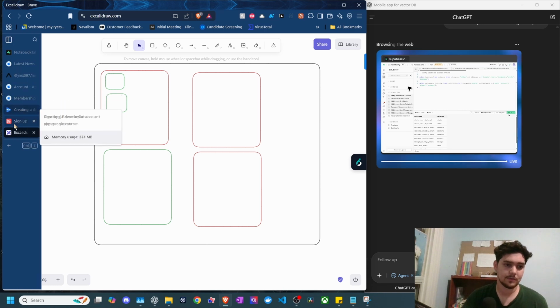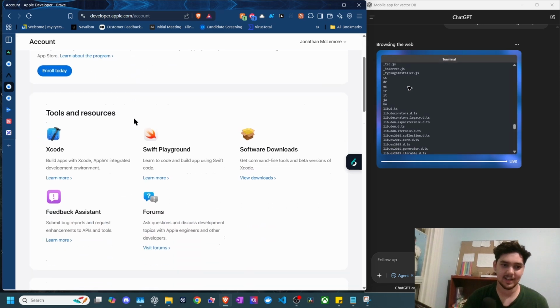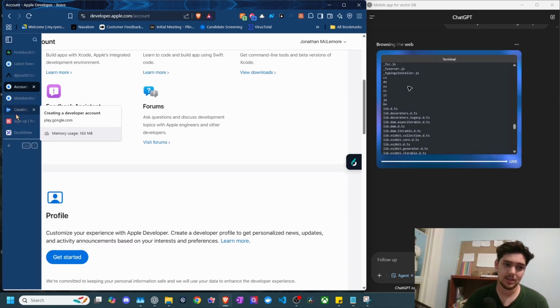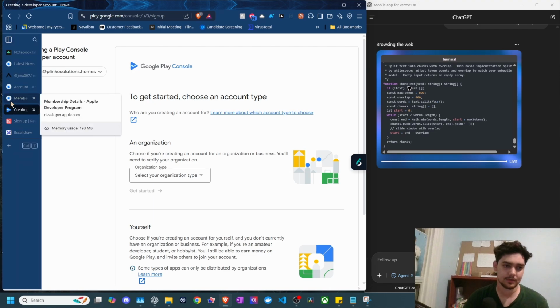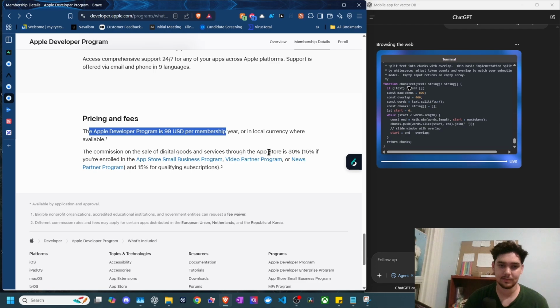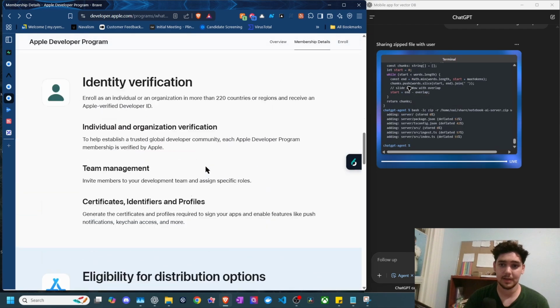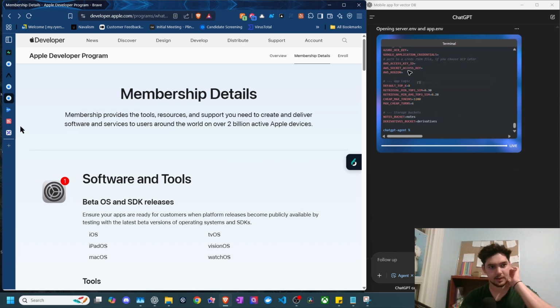As well, there's a few other tokens I'm taking into account. The business side of things. In order to make a mobile app, I of course need an iOS or a Google Play account. From my understanding, I'm not sure about the Google side yet, but Apple has a nice nifty fee that they tuck all the way at the bottom here, being 99 USD a year, which is not the worst. But before I pay for that, obviously, I would like a full working app. And yeah, so I'm gonna give this a shot,